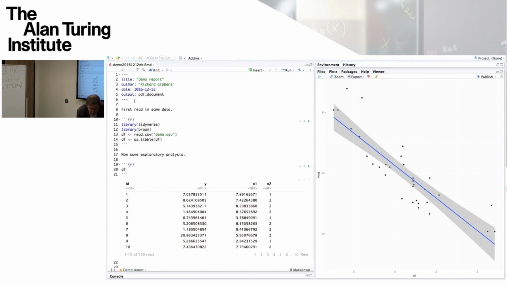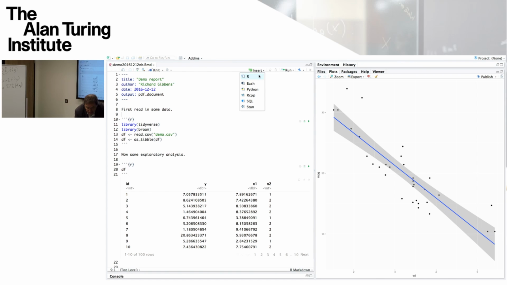Let's see, maybe I should just illustrate how you insert a new chunk. What I've called snippets are called chunks in RStudio, I should say. So this is an R chunk. If you want to insert an R chunk, you can do so using the insert option here.